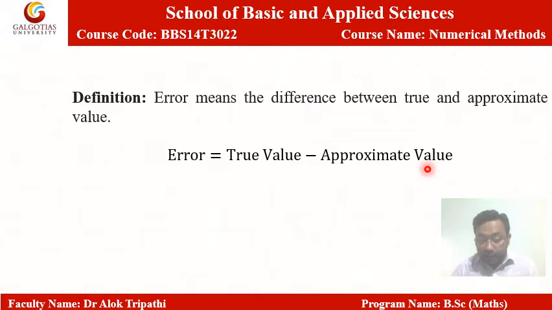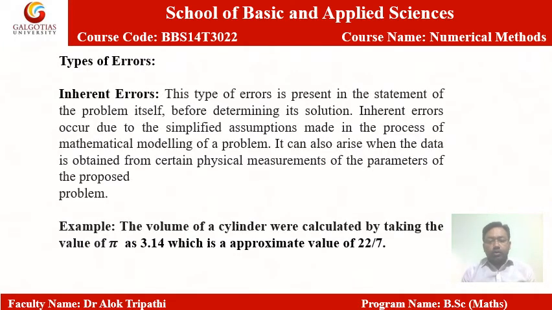So how can we calculate the error? Error can be calculated by simply subtracting 3.33, or whatever we are using, from 10 by 3. So 10 by 3 minus 3.33, or if you are using 3.333, will give you the value of the error for this number. Now in this slide we shall see types of errors.